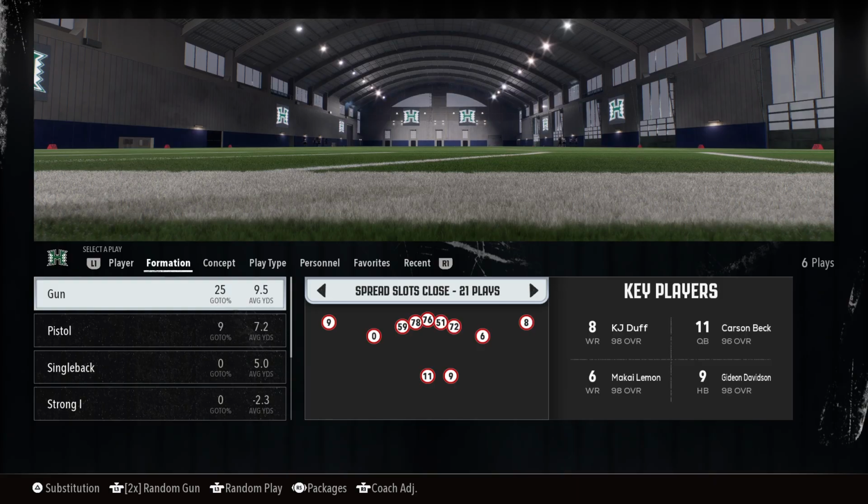So when College 27 comes out, you already got an offense you can start playing with, and you got pretty much the foundation of how to move the ball up and down the field, passing. But now what we're going to talk about is runs, and we're going to keep the runs really simple. We're going to stay in the same playbook, in spread slots close, even though this run is in a lot of the plays in the playbook. But we're going to start